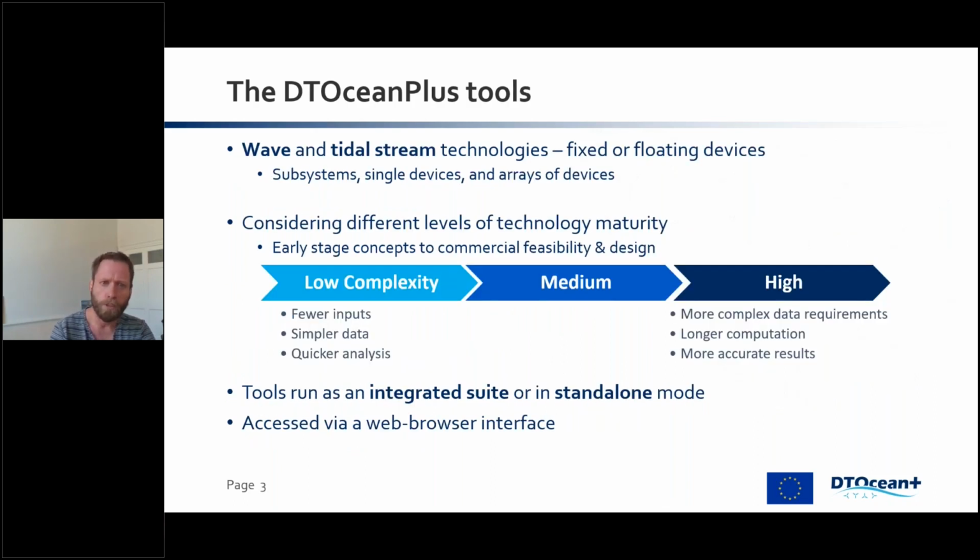The tools themselves are designed to look at wave and tidal stream technologies, and these can be either fixed or floating devices. And the idea is to look at both subsystems, single devices, and also arrays of devices. And these are designed to consider the technology at different levels of maturity, from early stage concepts up to commercial feasibility and design. So most of the modules, as you will see, have this 3 levels of complexity, starting off at low